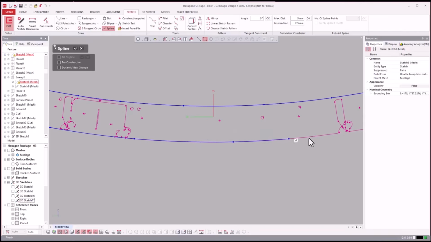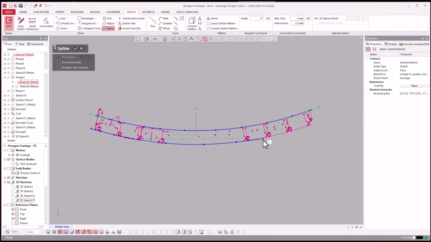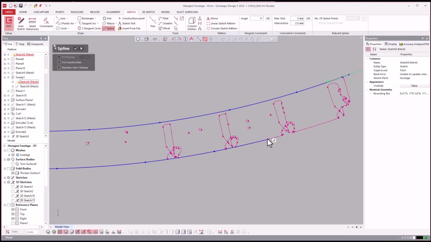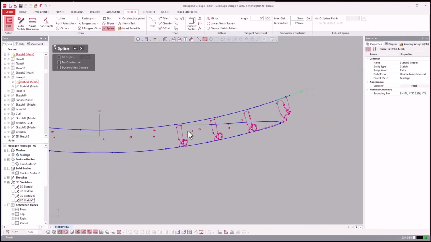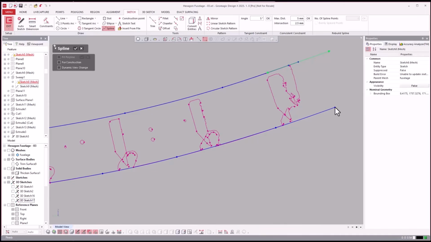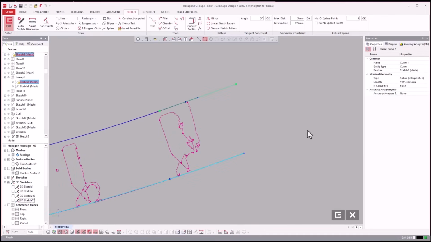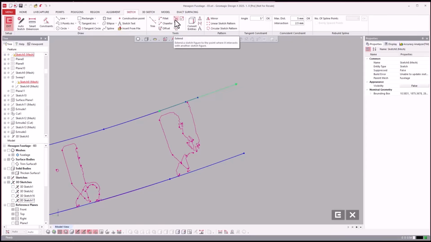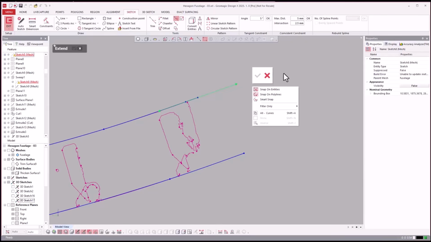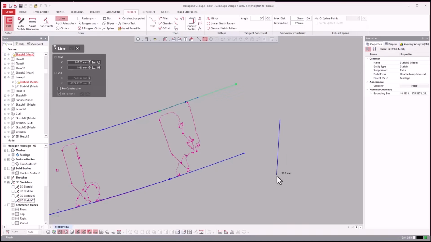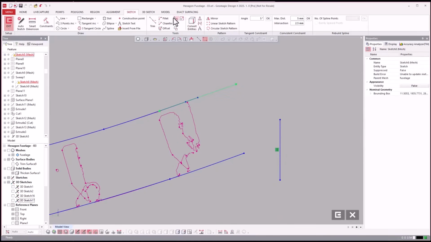So I'm going to just manually draw and snap. So it's very similar to what I just did in 3D with the sketch tool. And I can manually draw and extend where I want to, but a new feature in the latest DesignX is, in the past with splines, we did not have the ability to extend, but now we have the ability to extend them. So if you come over here to extend, I can trim extend, like if I just draw a line over here. Back in the day, this did not work where it would extend or